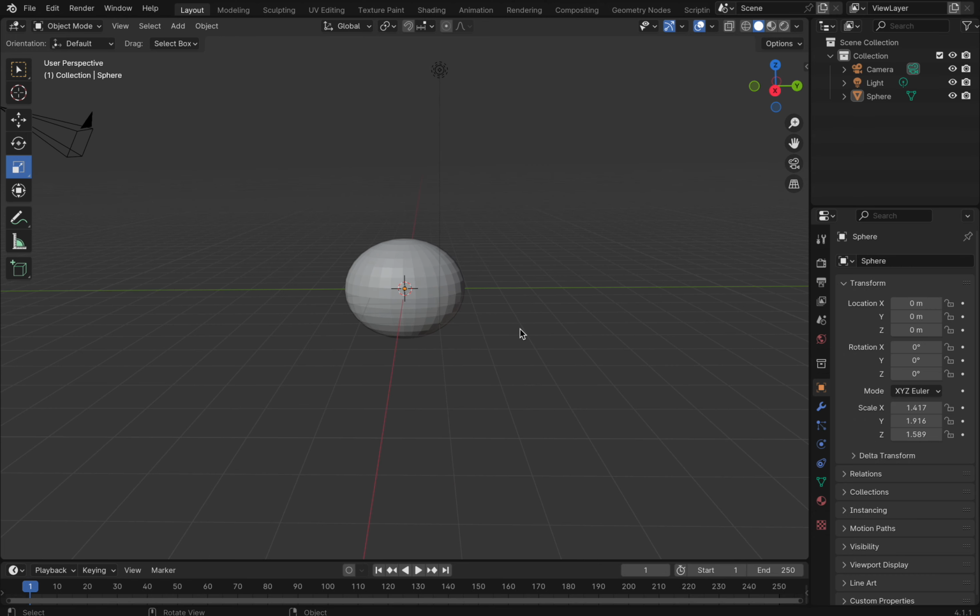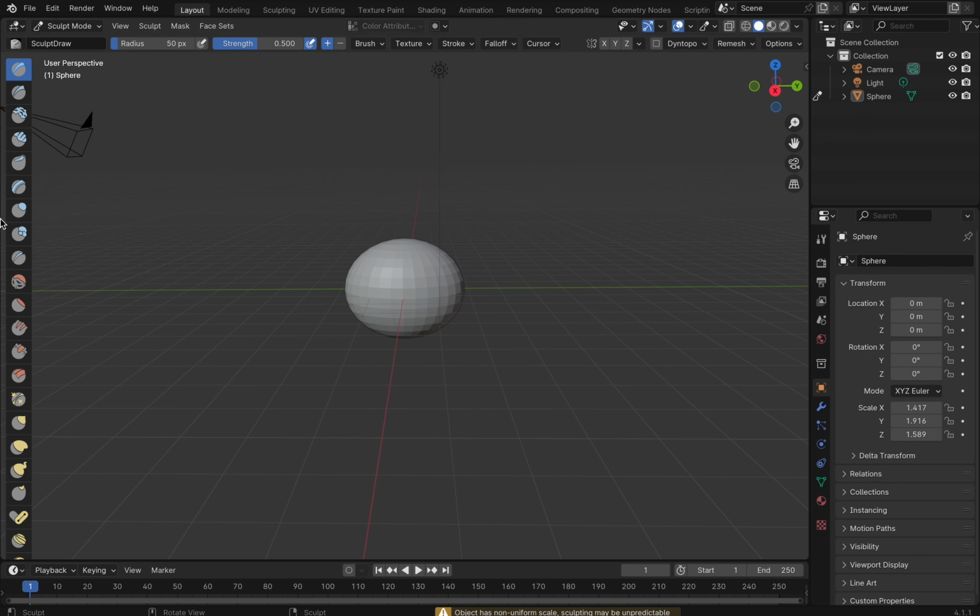This will be the base of her face, and because I got this, I will go to sculpt mode and